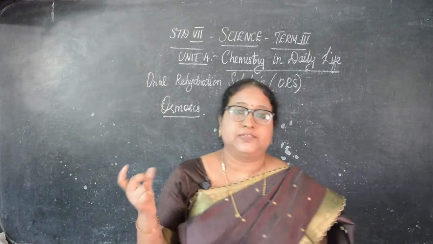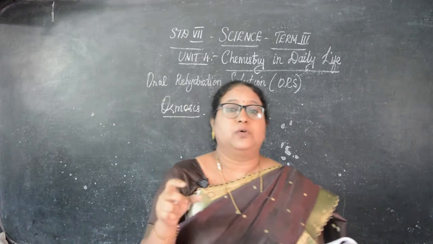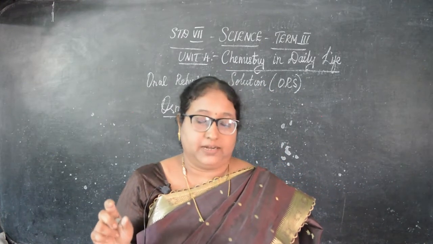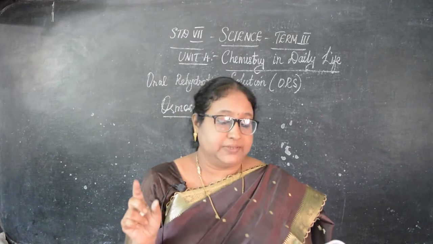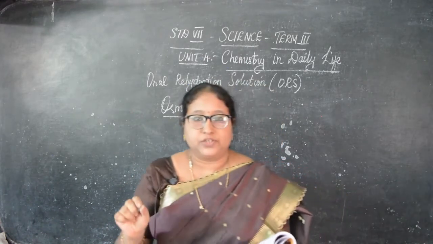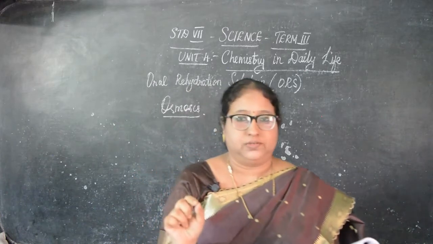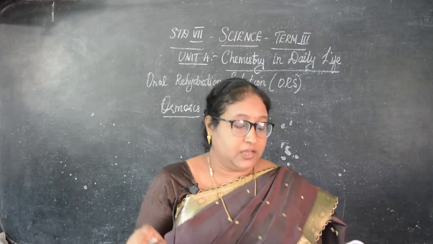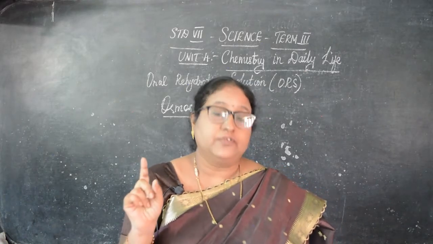Okay. Then let us see homemade ORS. Now we are buying the ORS from outside. So how will you make the ORS at home? Be very careful to mix 6 level teaspoons of sugar. Okay, what is the proportion? That correct level only you have to use. Too much you should not use, less amount also. So 6 teaspoons of sugar and half level teaspoon of salt.